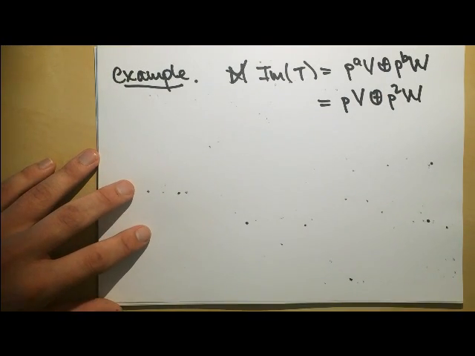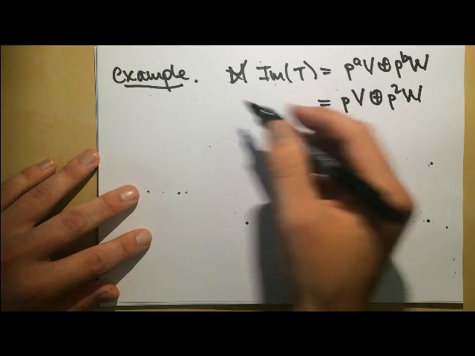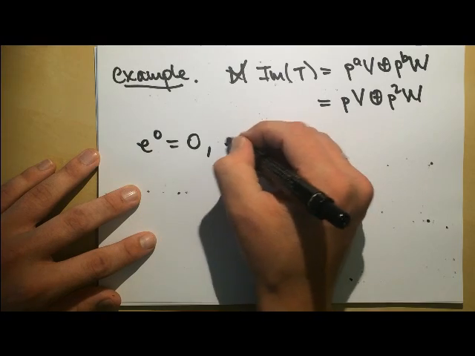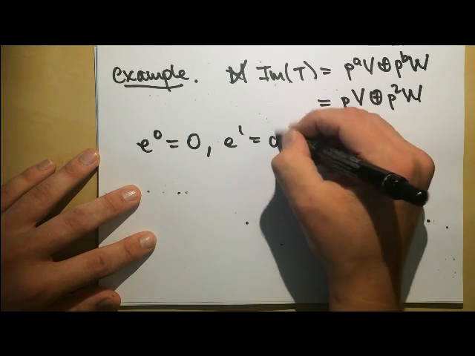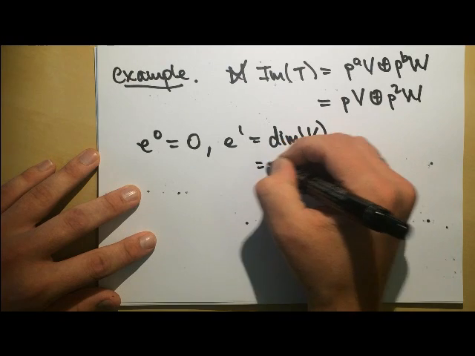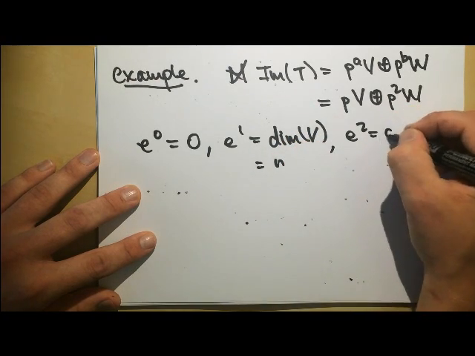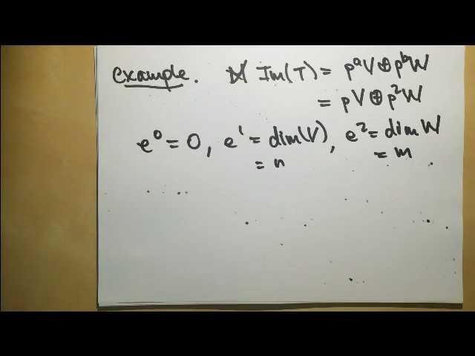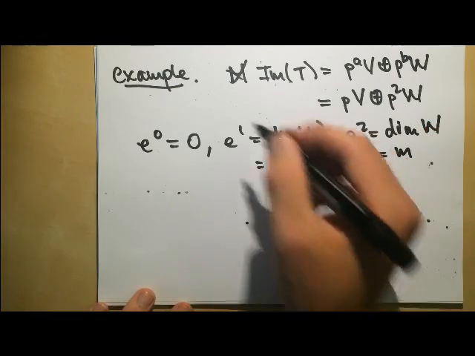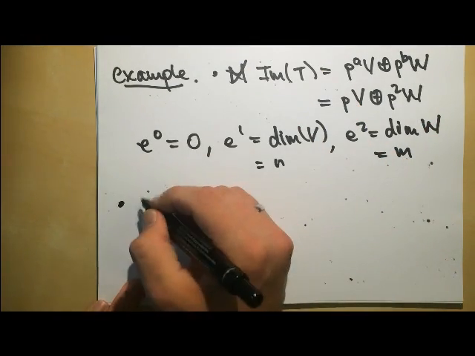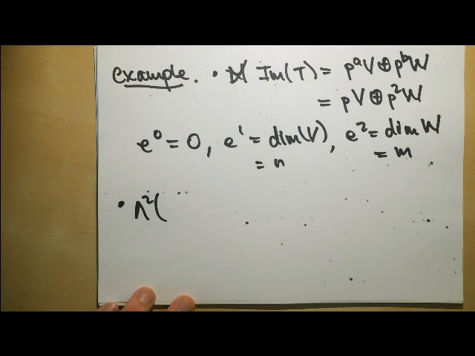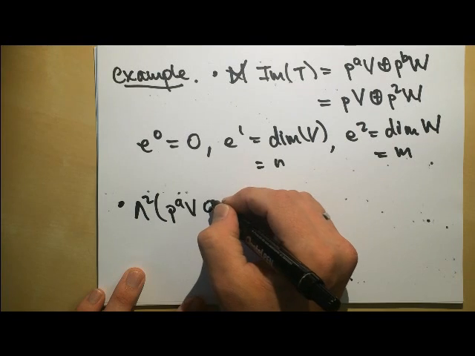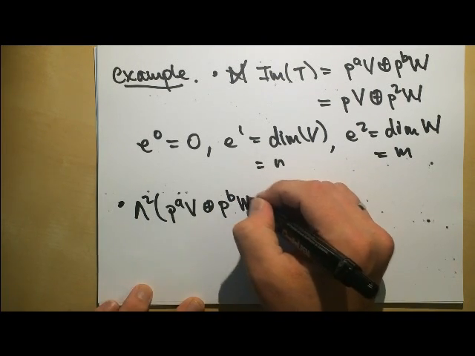And then what else could we have? In this case, the Hodge numbers: E_0 would be 0, since there's no 0 piece. E_1 would be the dimension of V, and let's call this N. And then E_2 would be the dimension of W, which would be M. Suppose we wanted to take the second wedge power. If we take the second wedge power of this thing, p to the a V with p to the b W,